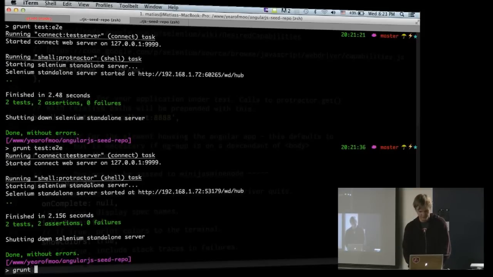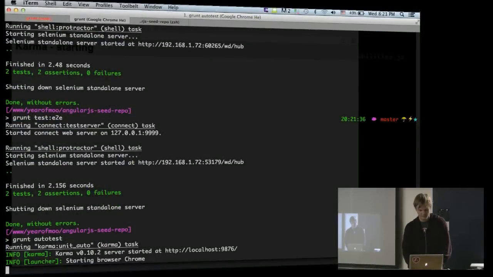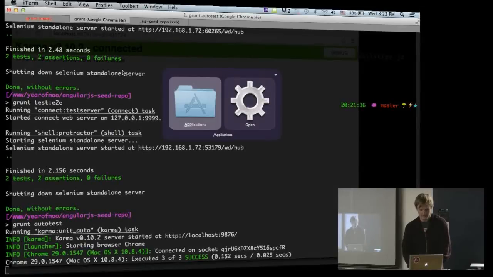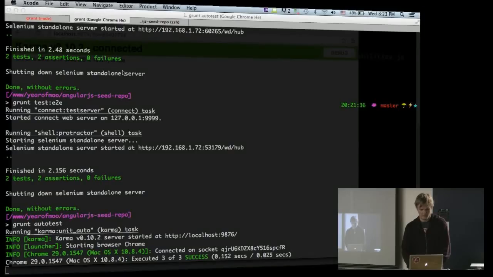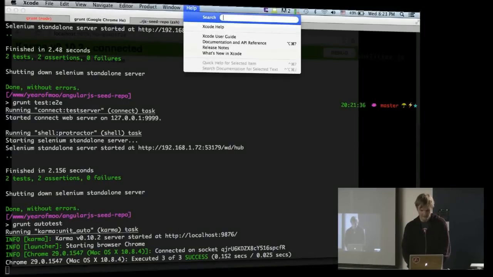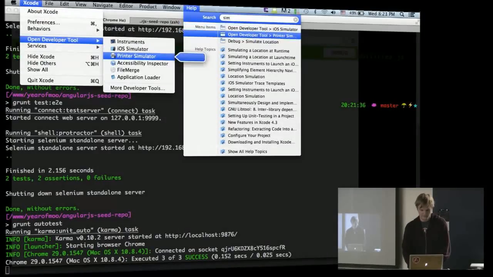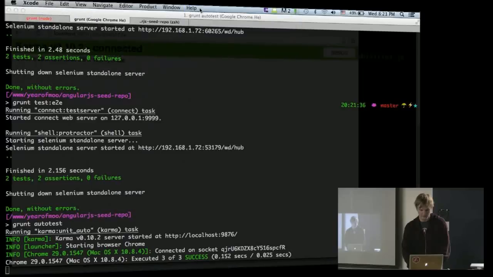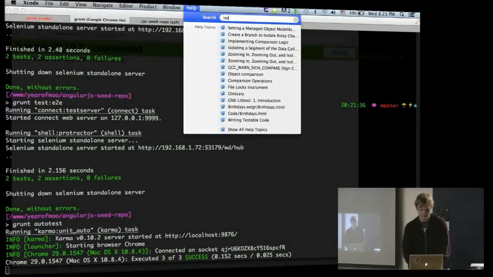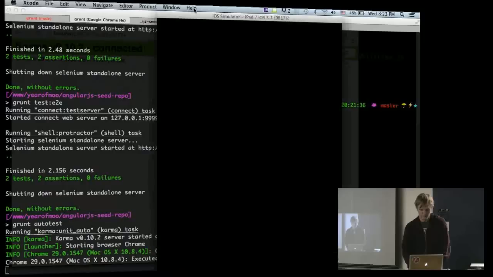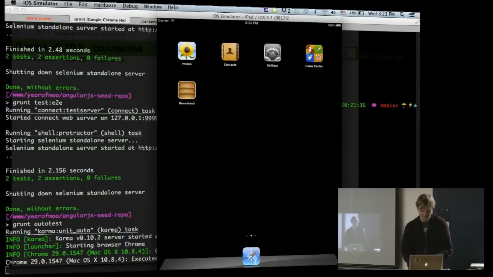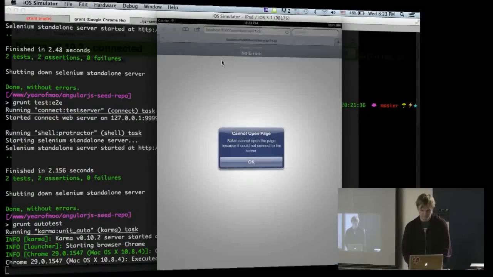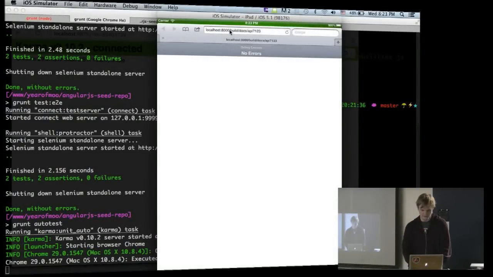Karma. So we're running grunt auto test. Now, if I open up Xcode, let's say I simulate the iOS simulator. So it's going to open up an iPad. And now, if I go to localhost